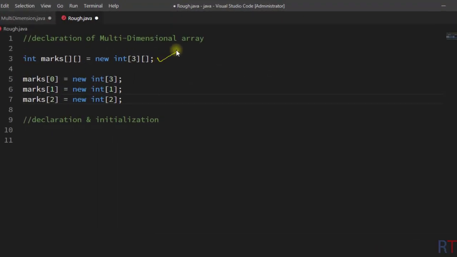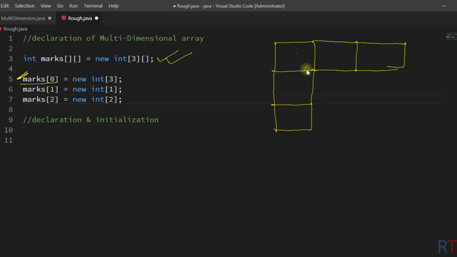So with these lines of statements we are creating one multi-dimensional array which has 3 rows. Then we are selecting the first row with the notation marks[0], and we are allocating the size 3, so the first row will have size 3 associated to it. Then we are selecting the second row and allocating the size 1, so the second row will have the size 1, and then we are selecting the third row and allocating the size 2, so the third row can have